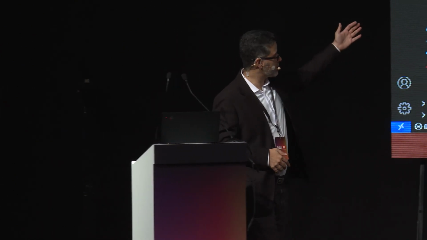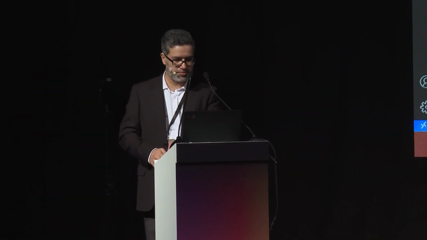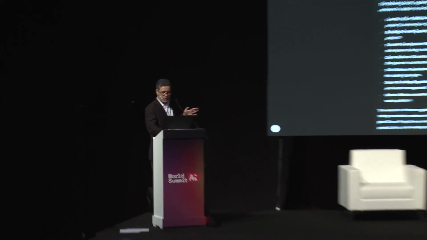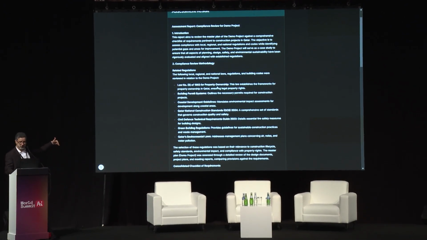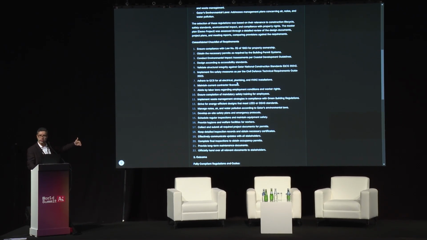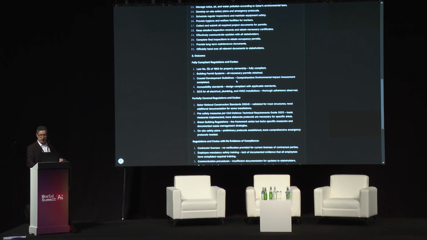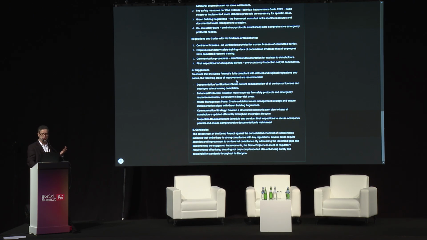Now, while I was answering, it has completed, generated a report, and now it is saving it as a PDF. If I go back to the app itself, you can see it has completed the assessment, just like a proper report. It has the introduction, and the review methodology that it used to assess. It lists all the related regulations that are being used and creates a consolidated checklist of the requirements. Based on this, it comes with an outcome where it identifies that this master plan is compliant with these regulations, partially compliant, and the regulations with which it is not compliant, and it even provides a suggestion.